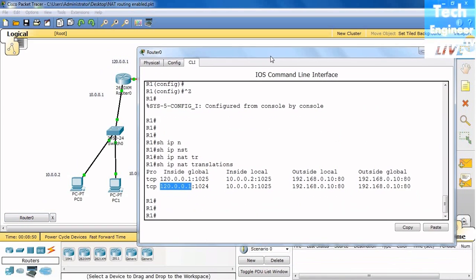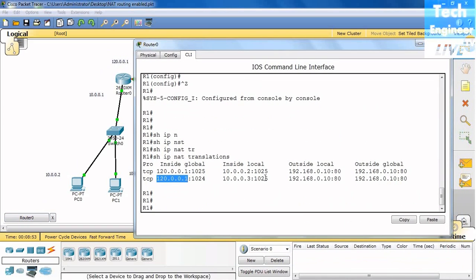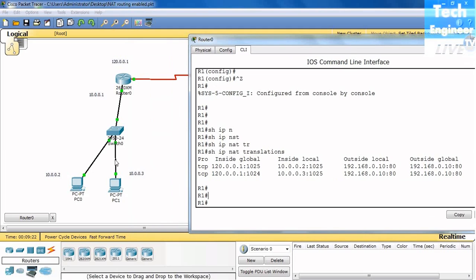You're not even required to purchase an IP. We do the same thing in a real environment. We just hire an ISP and pay a monthly bill, but we are not required to purchase an IP. IP is a really sensitive thing, and IPs are not that easily available, so you would need to pay for the IP all the time. So this is NAT. All the packets of the local machines go through the router's 0/0/0,